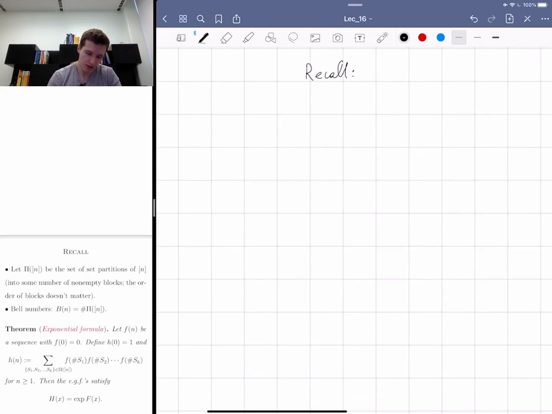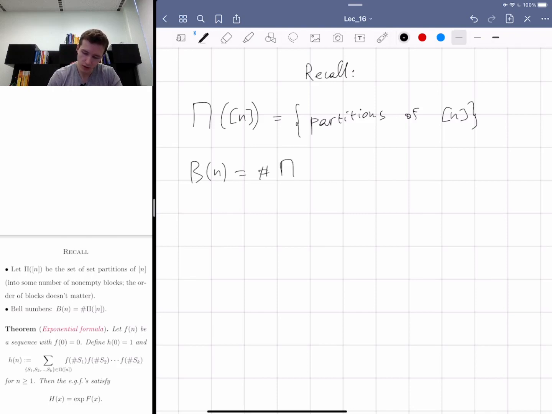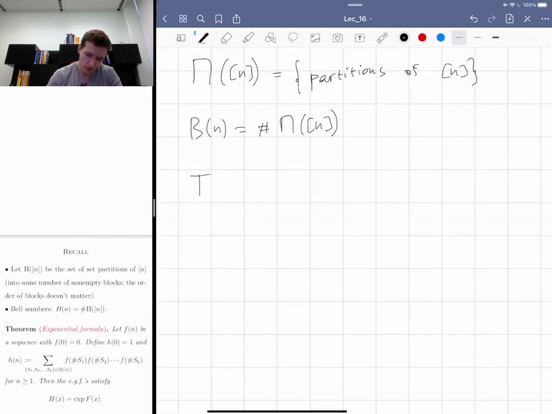Last time I was doing the exponential formula. For that, I need the notation pi of bracket n is the set of set partitions of bracket n, and the cardinality is given by the Bell numbers, for which we computed the generating function last time. And then there was the exponential formula, which